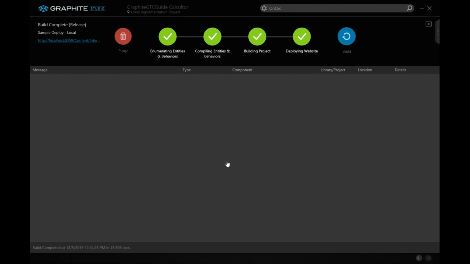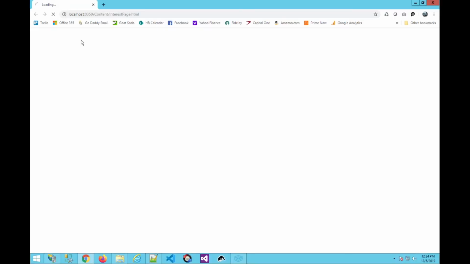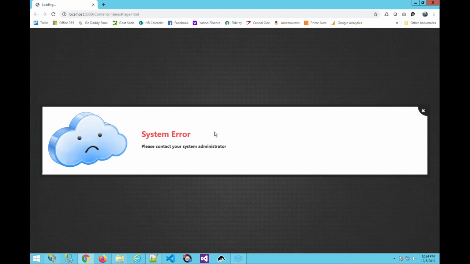Now that it is finished deploying, you can go see the site. Unless your Graphite Studio trial is possibly expired. When you see this error, what we call a sad cloud, for security purposes, there are no details about the error. When you build in release mode, it thinks that you are going into production. Because good security standards is a focus in Graphite Studio, we don't allow end users to see what type of